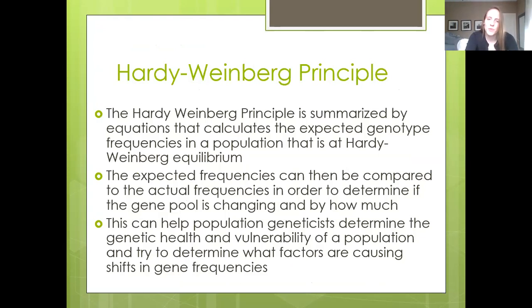So the Hardy-Weinberg principle essentially summarizes the way we can calculate genotype frequencies and phenotype frequencies and allele frequencies and stuff like that within a population. We can compare what we expect the frequencies to be based on these calculations to the actual frequencies to see how much the gene frequencies are changing within a population. That lets us know how healthy the population is, how adaptable it is, how vulnerable to extinction it is, that kind